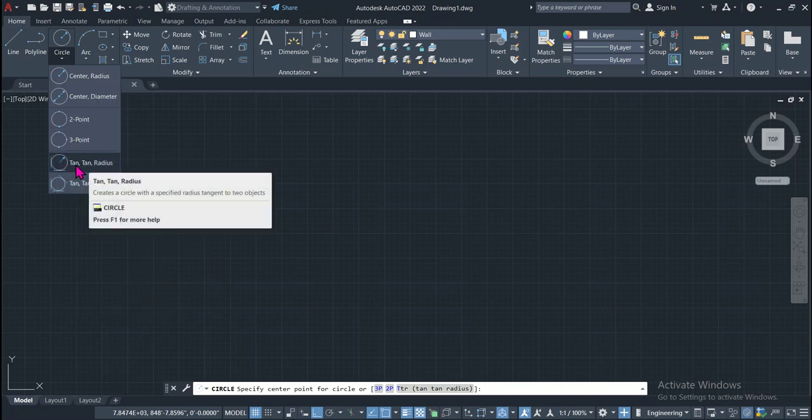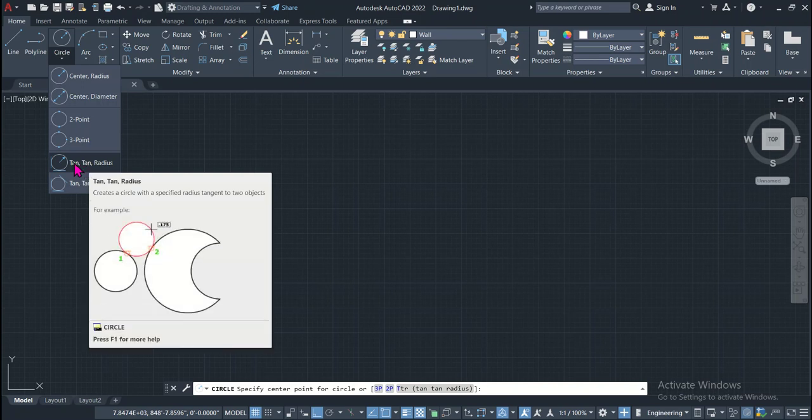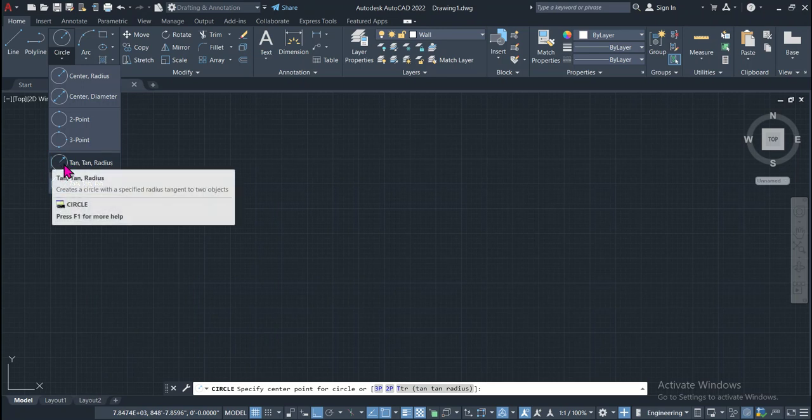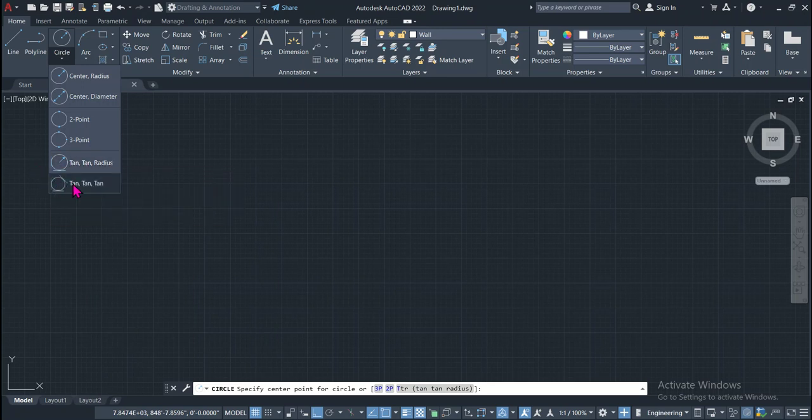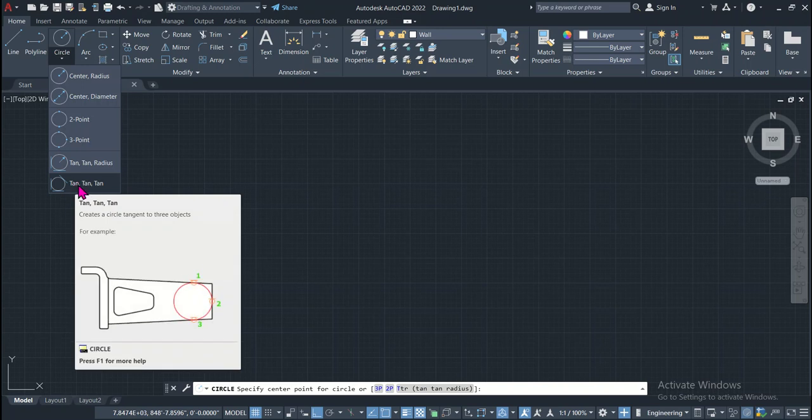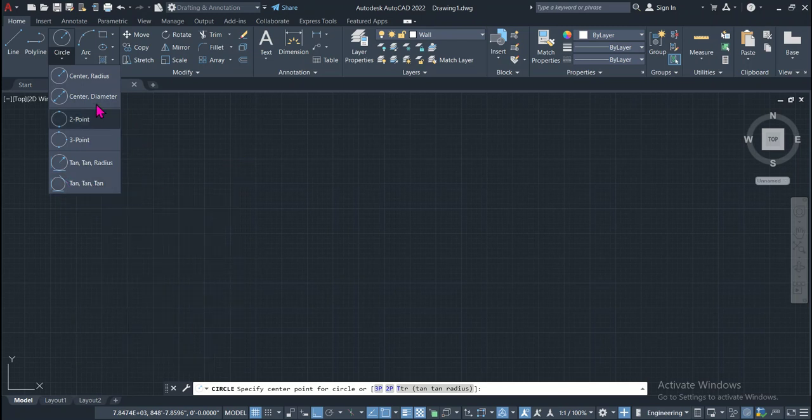And if you want to draw a circle having 2 tangents and 1 radius, you can use this option. And the last one, if you have only 3 tangents, you can draw a circle by using this option. So we will discuss each of them